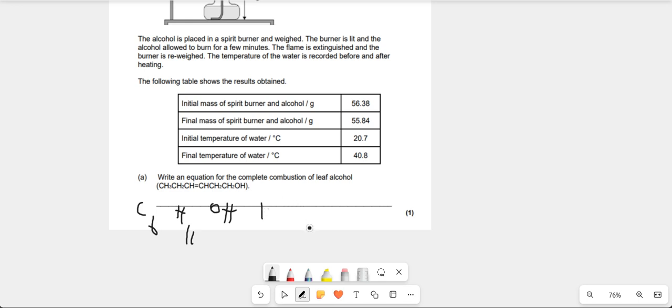Then you're gonna add oxygen here, and that's gonna produce CO2 as it always does, plus water, yeah? And then you just balance it. So yeah,